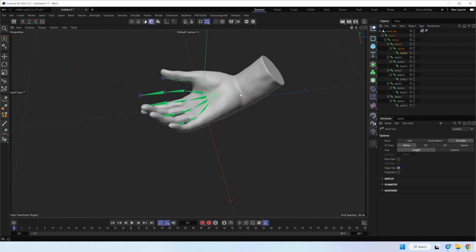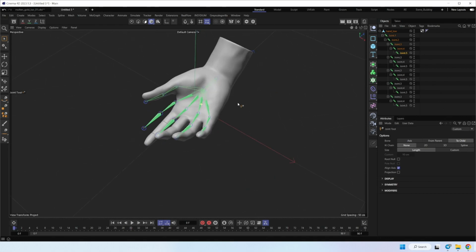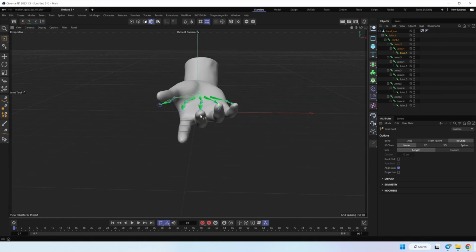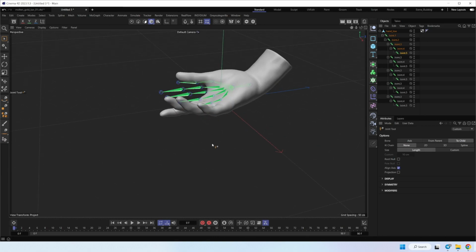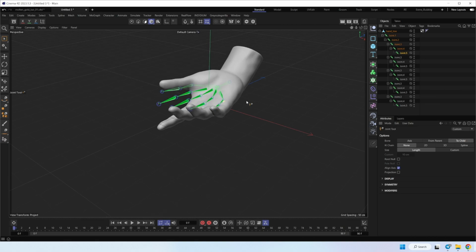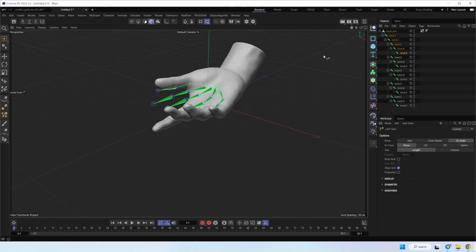So now we have joints for the head, and as you can see we have to place them correctly inside the figures. Let's make this and go further with animation.